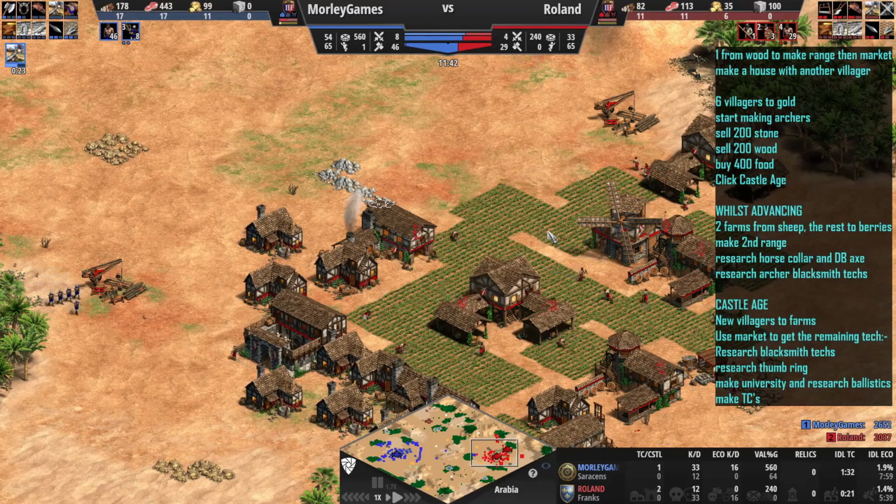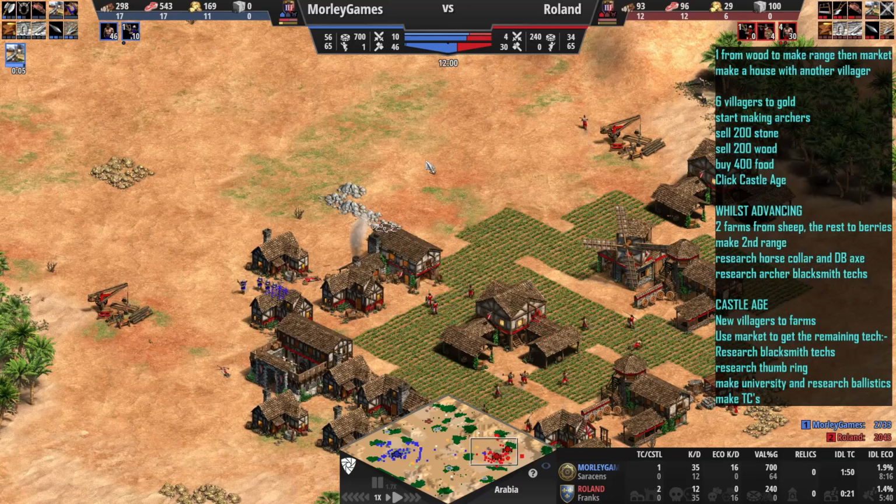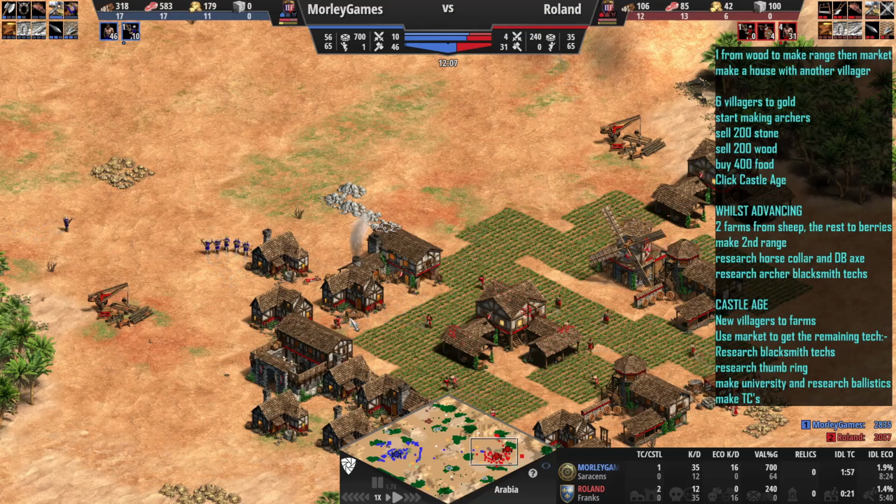But now you've got ballistics, you probably just want to start thinking about getting some town centres down so you can start booming. Take advantage of this huge lead that you've got. As you can see, we've got a 16 villager lead. Not really much of an army from the red player either. These skirmishes aren't going to cause us any issues. So yeah, start focusing on getting some town centres down, getting a boom going, and that is it for this